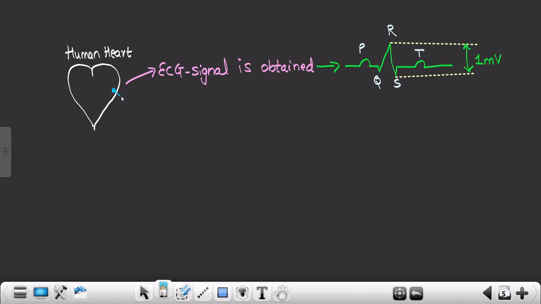There are different electrodes, but for our understanding I have connected only one electrode. An electrode is nothing but a sensor which can sense this signal. There is a high chance that this signal may lose certain energy, so instead of 1 millivolt, we might obtain